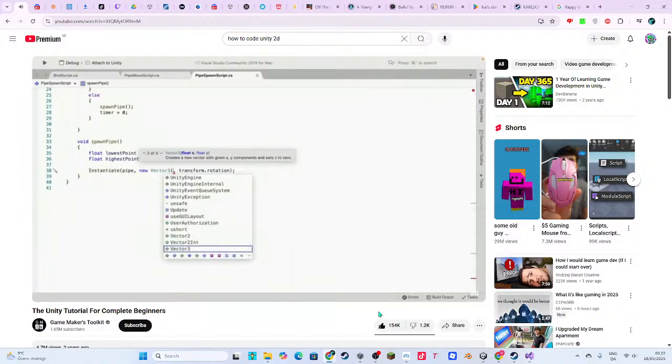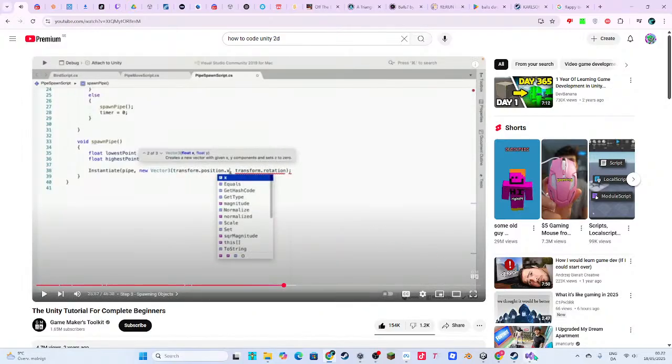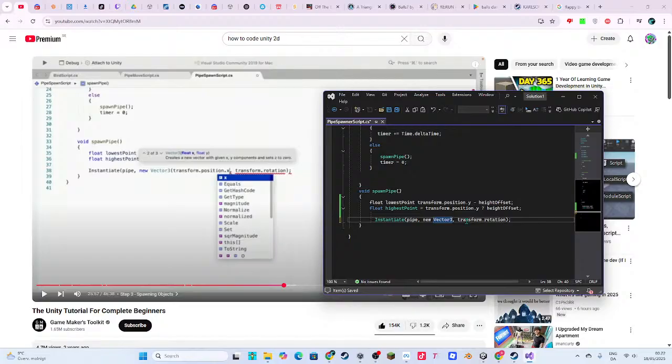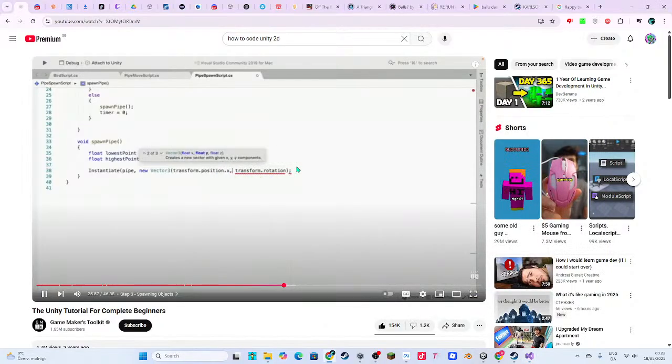For x, we want this to be the same as the spawner, so we'll do transform.position.x. But for y, we can do Random.Range.